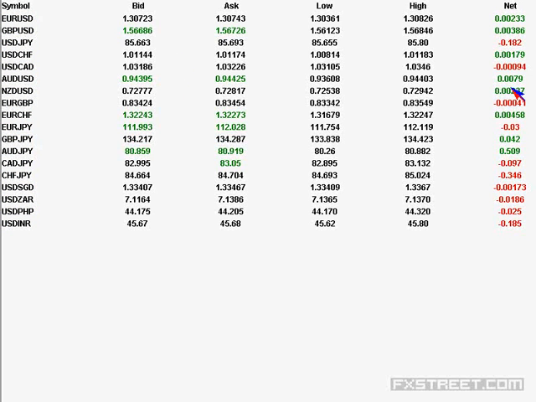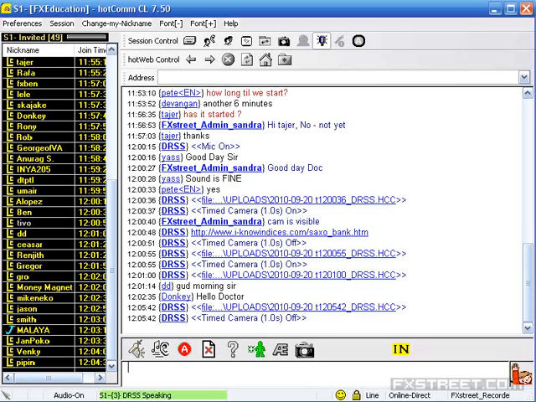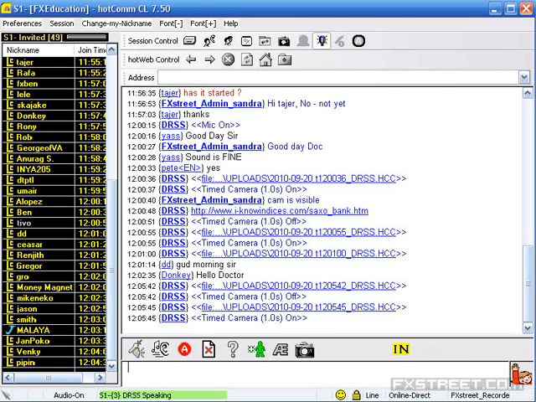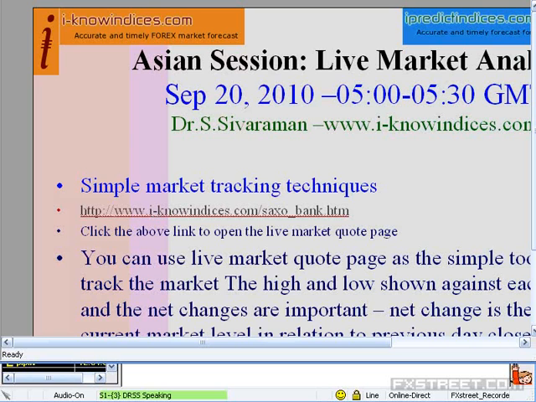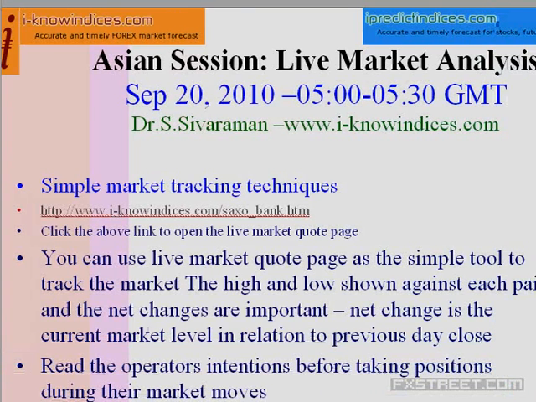Australian dollar is the one which has gained significantly during the Asian session. So let us see how exactly the market is expected to behave during that of the day. Let me focus the camera over that of the PowerPoint presentation. So the expected market moves